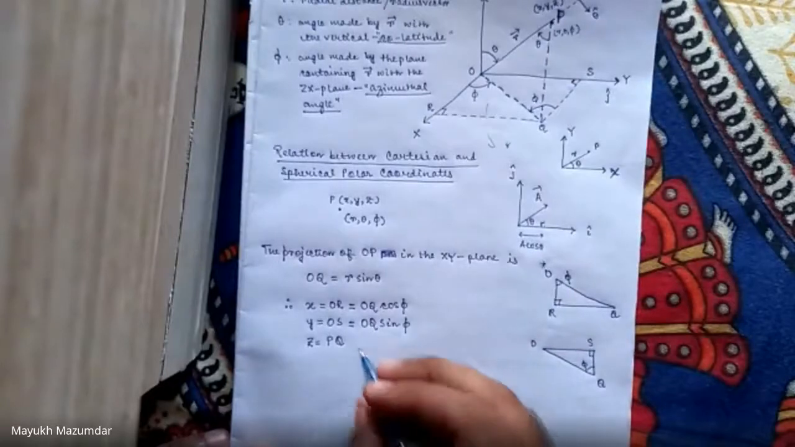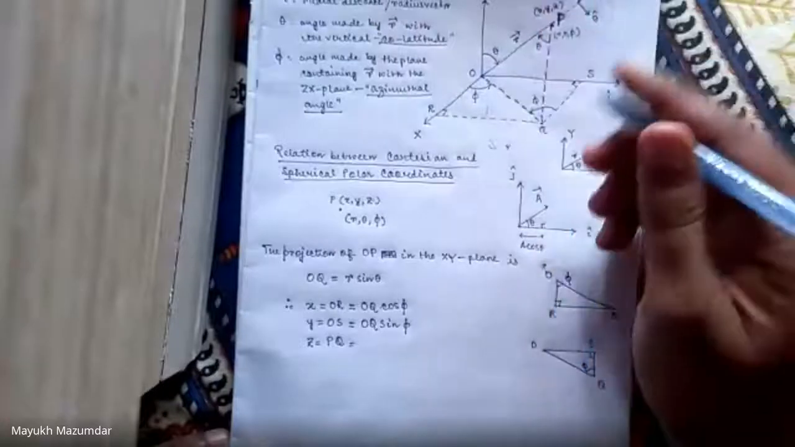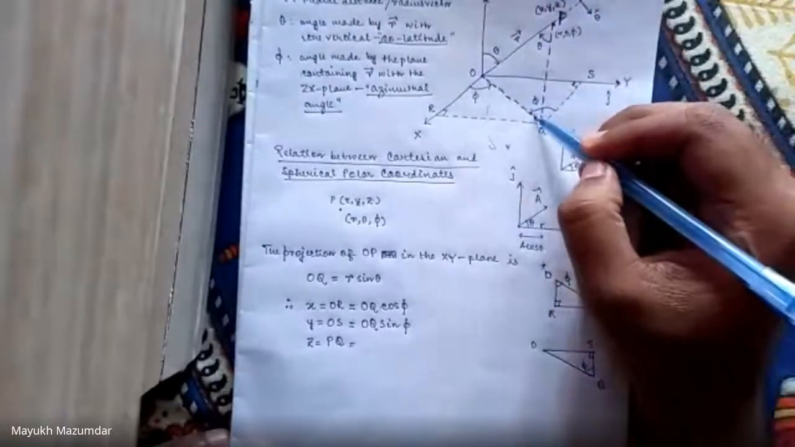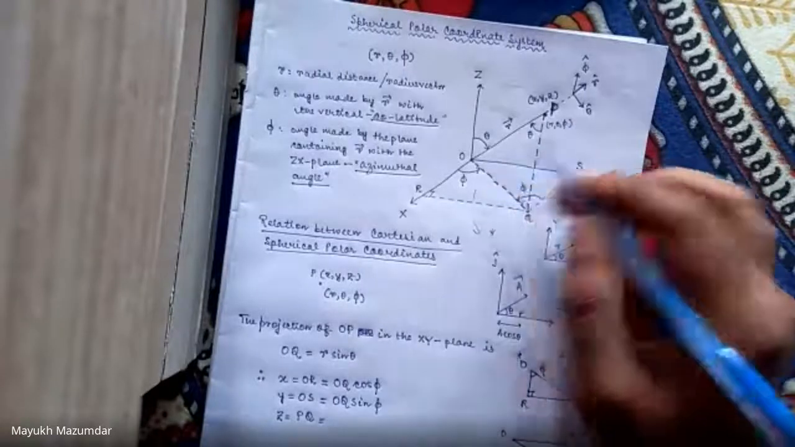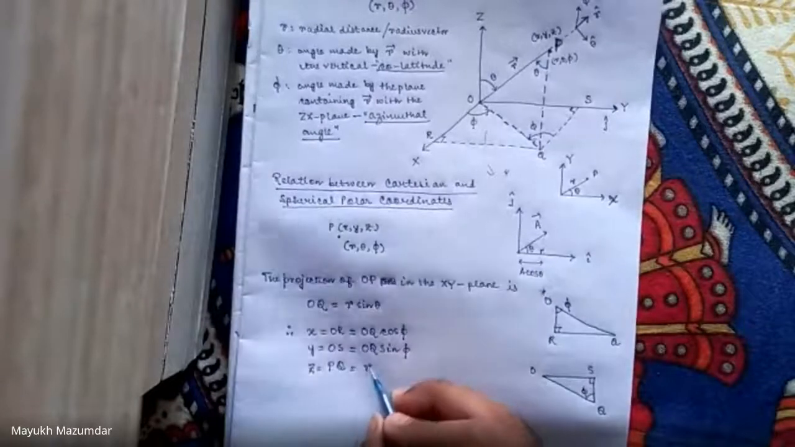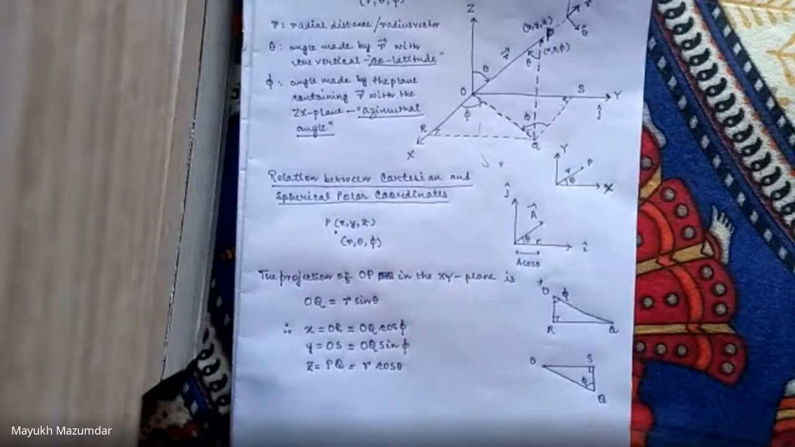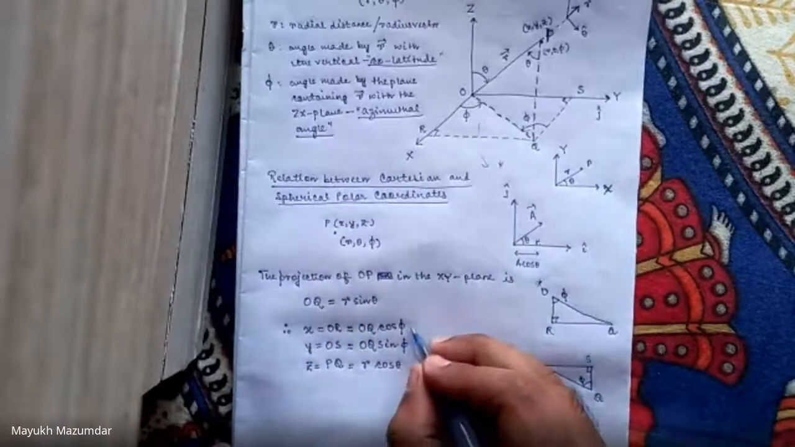And what is PQ? Very simple. PQ is nothing but this thing. Again, here it is a right angle triangle. You can see how clumsy it is becoming. 90-degree base. So PQ is simply R cos theta. And OQ is again r sin theta. So if we put the values, we would get,